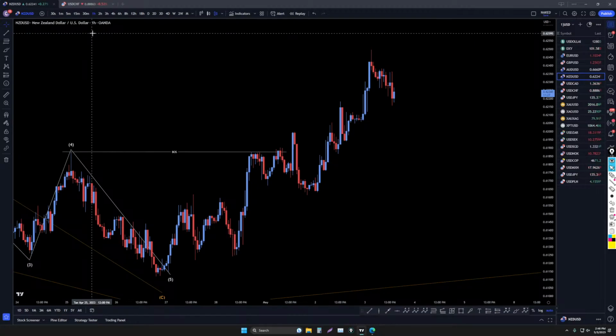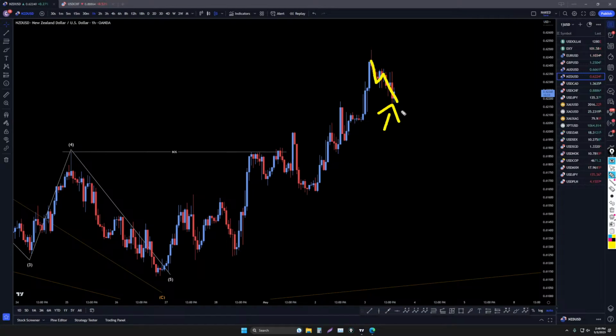On the 1 hour time frame, I do believe that this move down right here is going to be a correction, especially looking at the longer time frames. So I do believe this move down right here is going to end up being a correction. And if this is still sitting like this at the news today, then I would say that the odds are very, very likely that the news is going to cause this to go up and most likely end up continuing